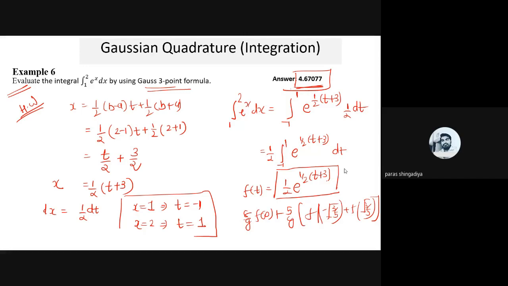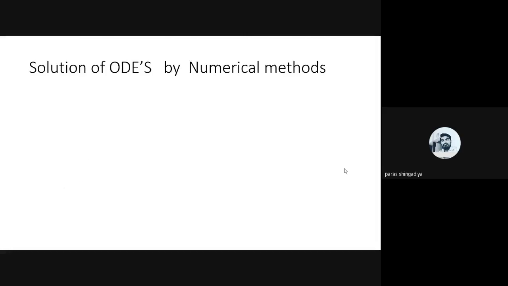Okay, so the integration part is complete now. In this part, we discussed the 4 various techniques to predict the answer of integration: Trapezoidal rule, Simpson 1/3, 3/8, and at last the Gaussian quadrature formula. The 3-point formula will work to predict the answer of integration without using an integration technique. We just check the function output at 0, at minus 1 by root 3, plus 1 by root 3, and minus root 3 by 5, and root 3 by 5 only. And we can use it only for the minus 1 to 1 limit.